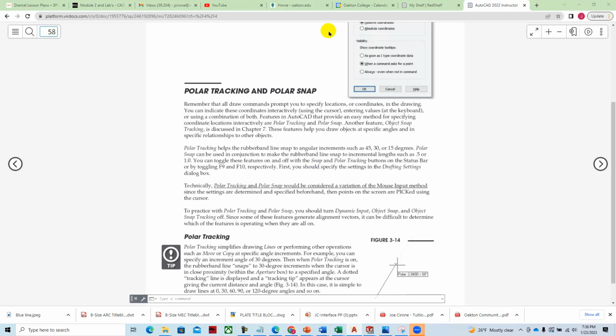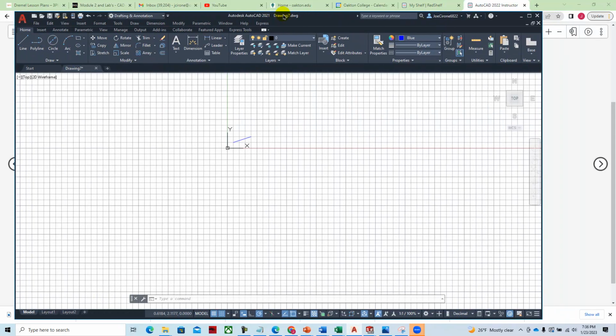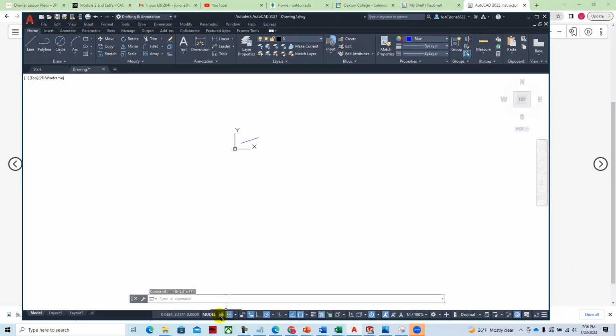And it's kind of a modern tool. And so as we go and take a look at this, I'm going to turn off my grid. It's a little easier to see, and I'll delete that. Then if I have the polar button enabled, and this is polar right here, it turns blue when it's on, and I like to set it at 15 degrees because it's kind of like an old school drafting board. You can also set those commands under the